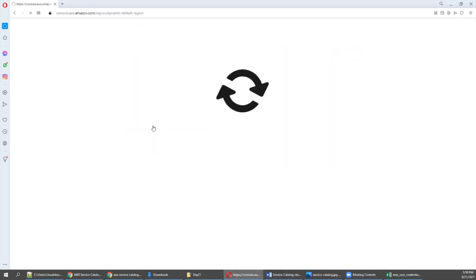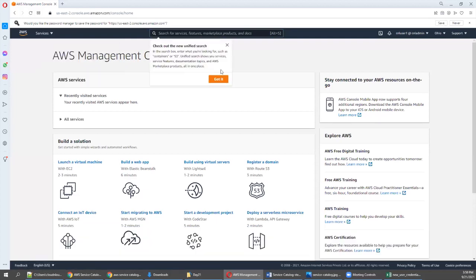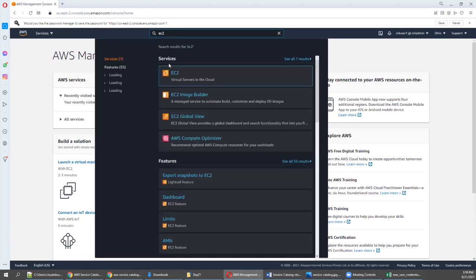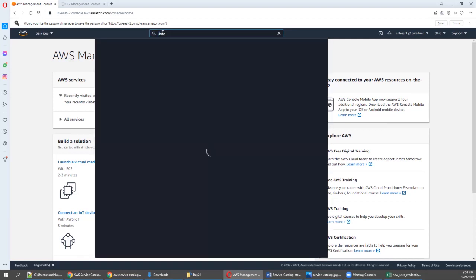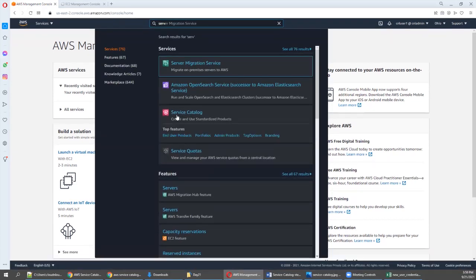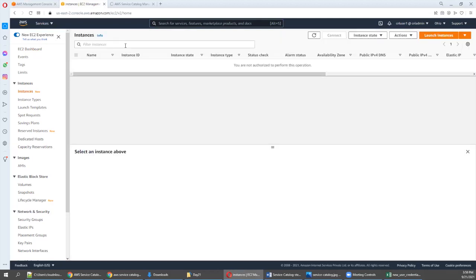Now we will do two things, so that whoever didn't understand for the past 30 minutes will have a better idea now. I'm going to open EC2 directly, and then I'm going to open service catalog. First we will go with EC2 and try to provision some instance launch. Click instances. So we are going to try and launch some instance.